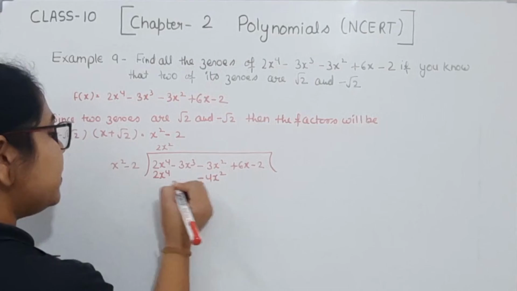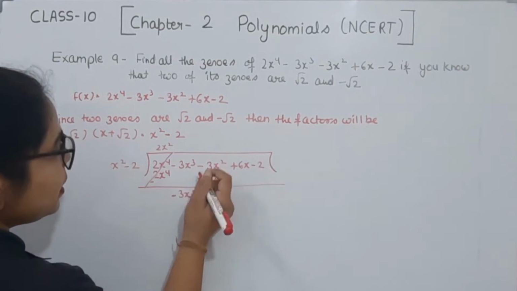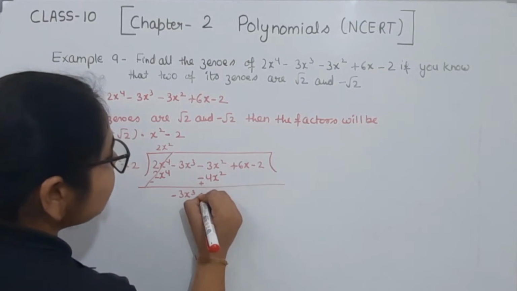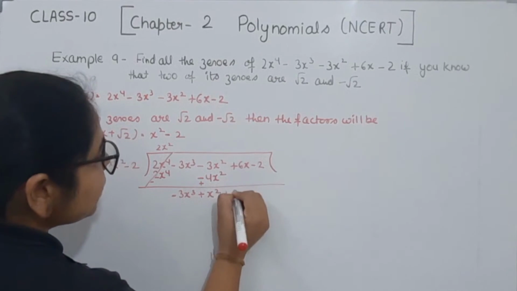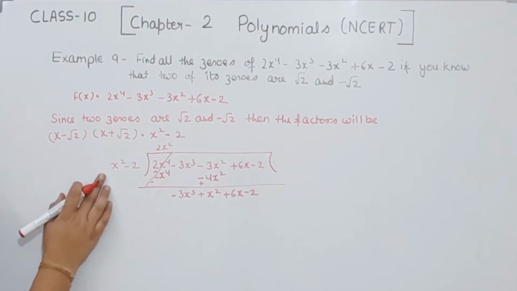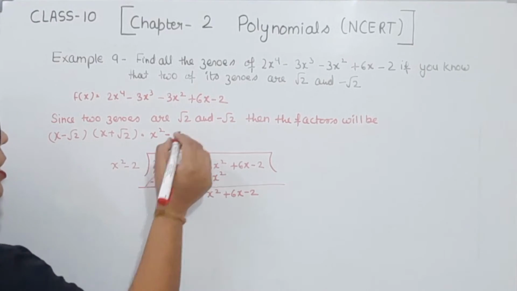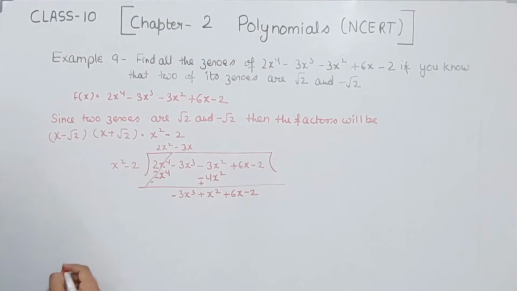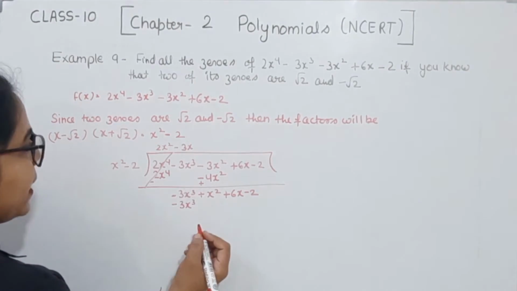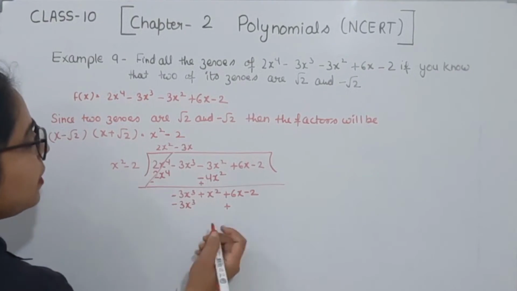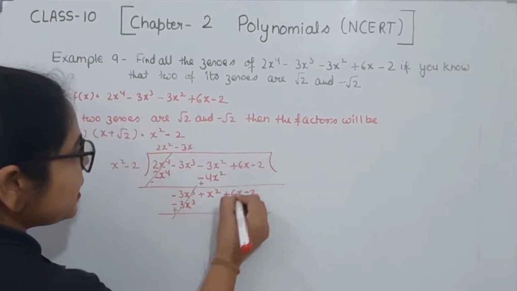Now I am going to change the sign here, so this is cancelled. First of all, I am going to carry this one as it is, and plus minus minus, we will have plus x square. Now I need minus 3, and we need x to the power 3, so we have to multiply by 1. So we will have minus 3x to the power 3. Now minus and minus is plus, and 3 2s are 6x. Now I'm going to change the sign, so this is cancelled and this is cancelled.